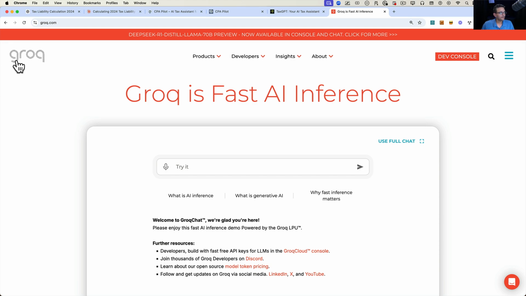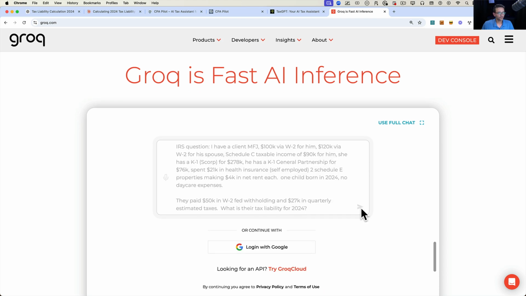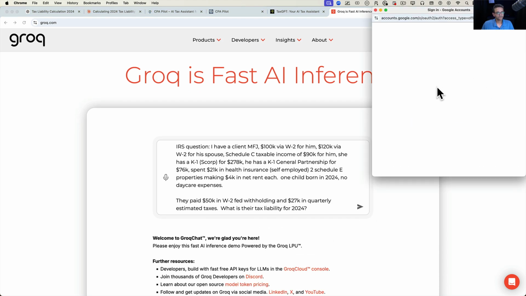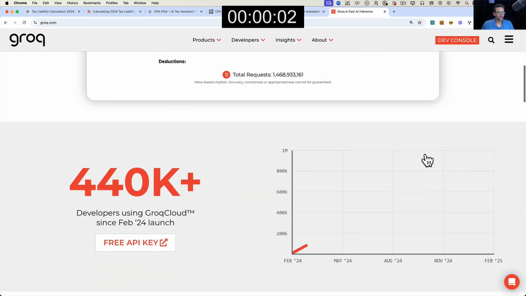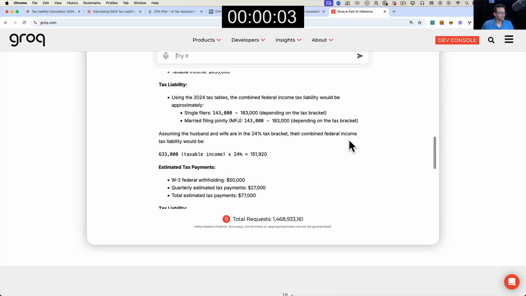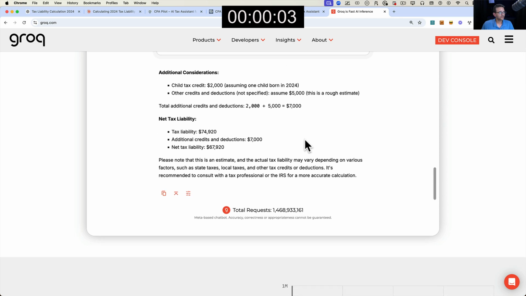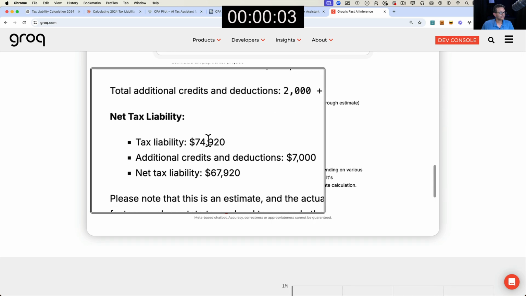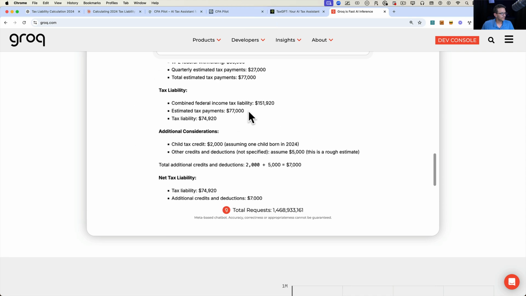There's another experimental tool called Groq. This is actually a chip company, a computer company, and what the Groq website does is let you test the speed of how quickly it runs, and it could be using ChatGPT or different models. So let's see how Groq comes up with an answer, and I'll log in here really quick. We're going to assume that Groq is going to be super fast because it's always known as being really, really fast. Look how quickly it came up with an answer. This one came up with a tax liability of 74,000. I wonder if it's already applying the 77.